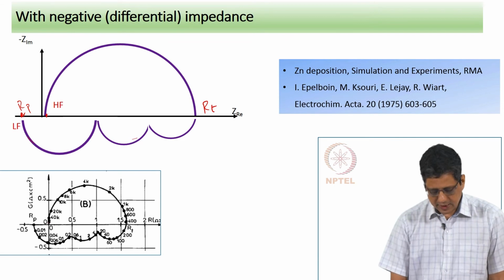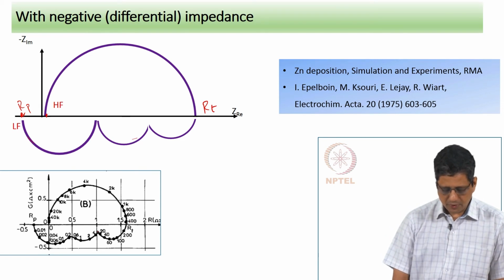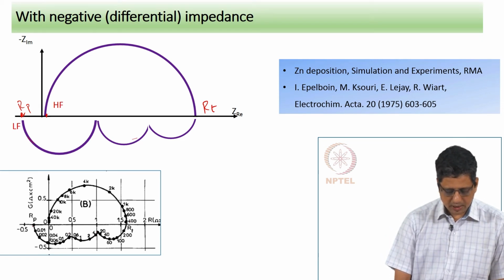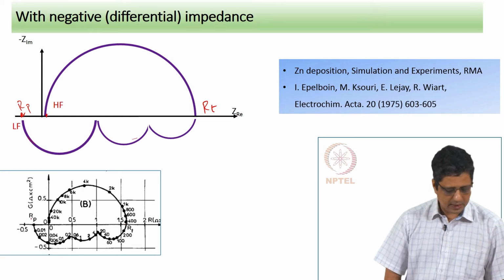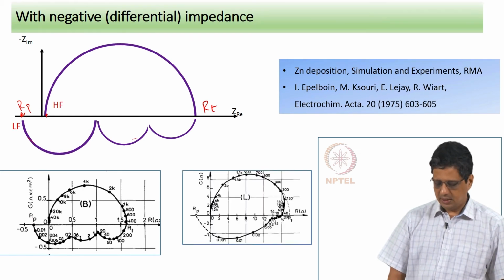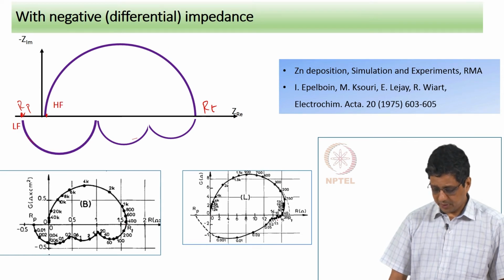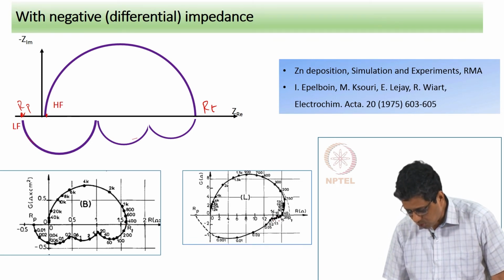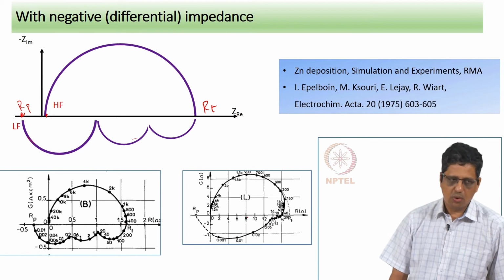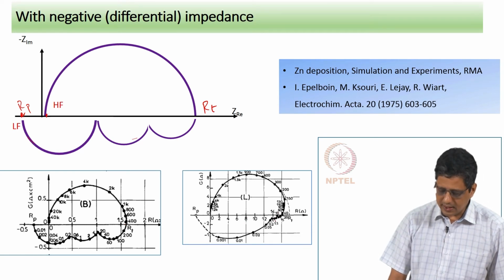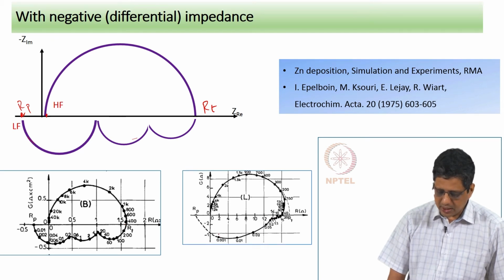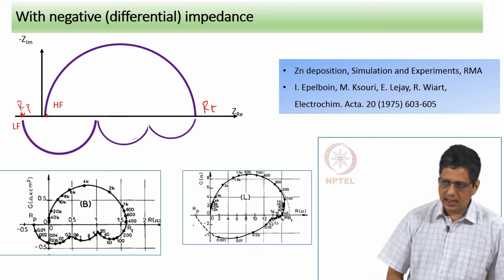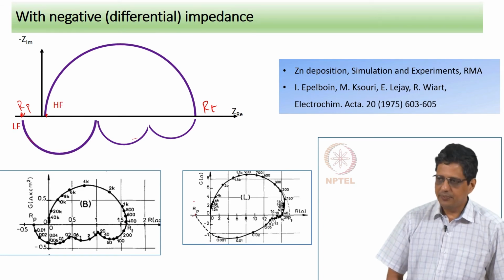In simulations they have seen a high frequency loop, a low frequency inductive loop, a second inductive loop and a third inductive loop which will settle at the negative value. In experiments they have taken data, and one inductive loop is seen here. It is not very clear; another inductive loop might be present, or those time constants may overlap, in which case you cannot see it that clearly. At lower frequencies they have taken data up to 1 millihertz and it looks like it will go and settle at the RP value here.